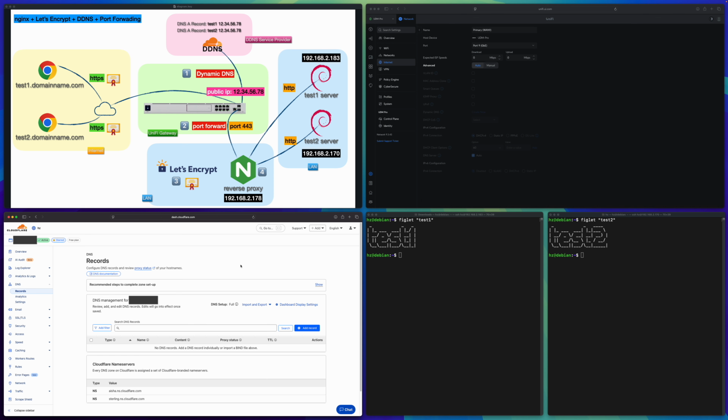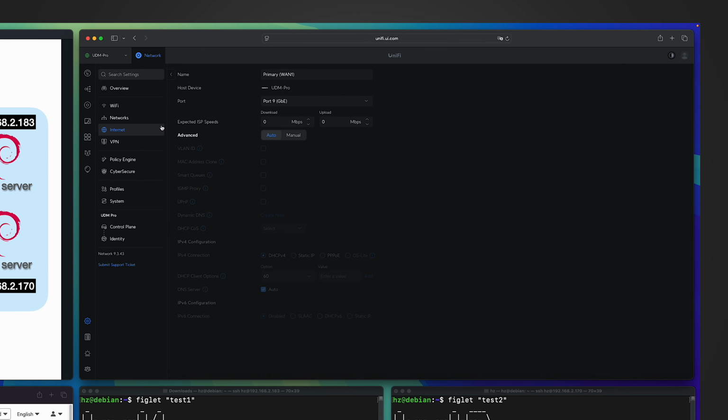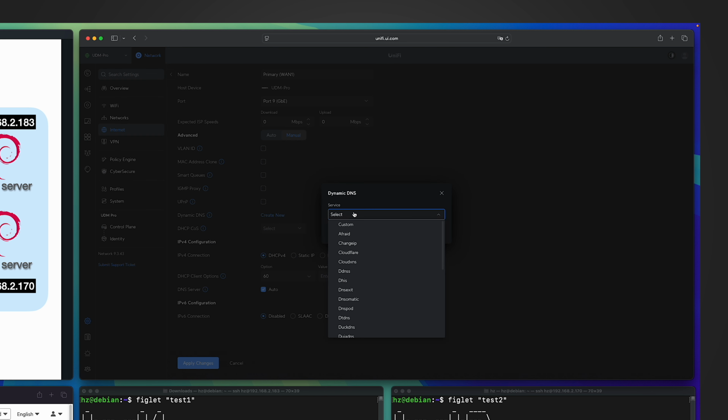I use Cloudflare to register my domain name and to support DDNS. You can see at this moment in Cloudflare, for my domain name, there are no custom DNS records. In the UniFi gateway, in settings, internet, for this primary one, if I go to the menu, you can see the dynamic DNS option. Click on create new. Let me choose